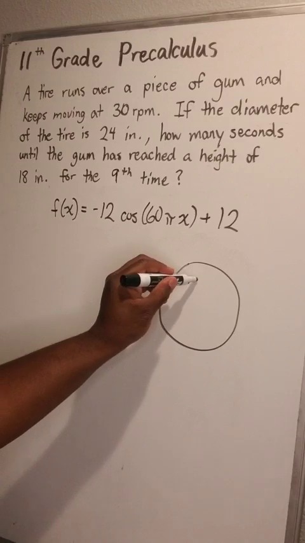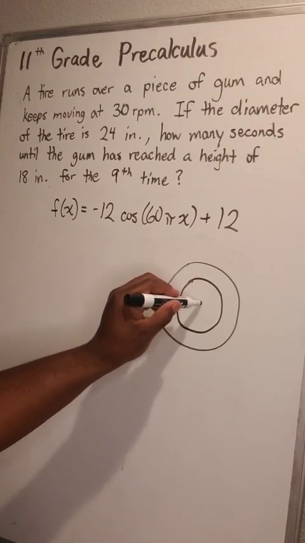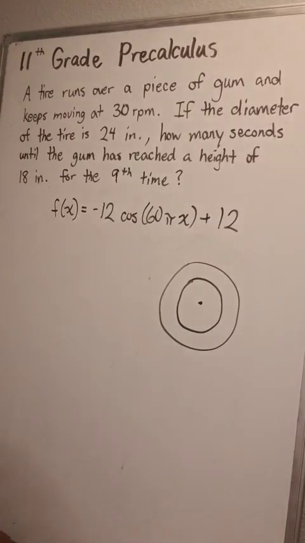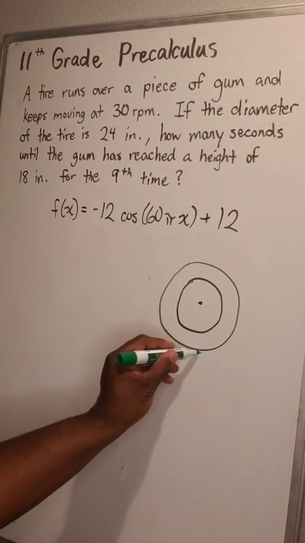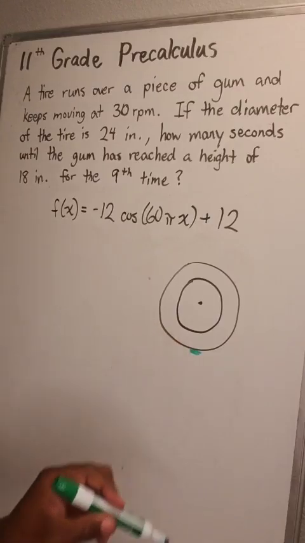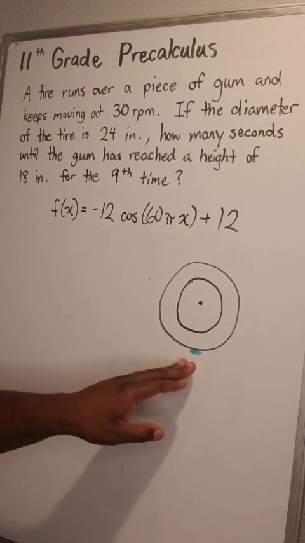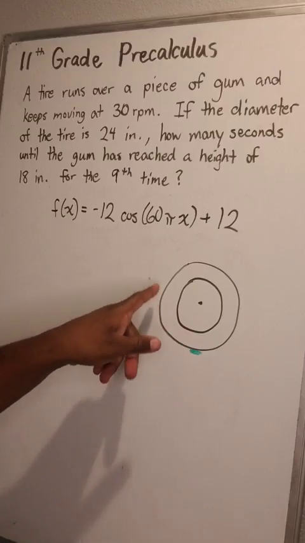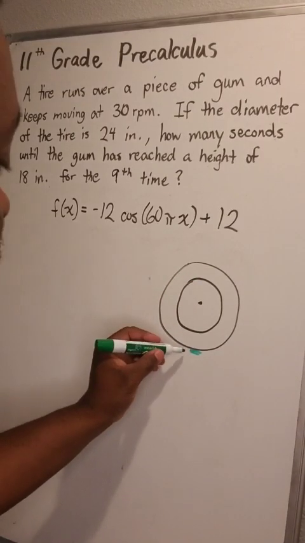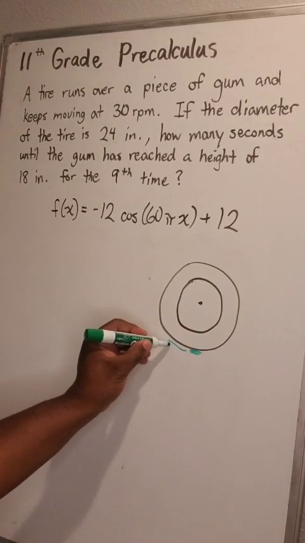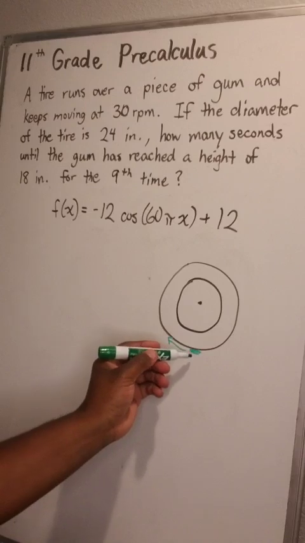So to illustrate this, I'm going to draw the wheel over here and then draw inside it and then put the center right here. And then I'm going to draw the piece of gum right here at the bottom, just to show that this is where the gum begins, right on the ground as the wheel runs over the gum. And it's going to be going in this direction as the wheel continues to move forward and the gum sticks